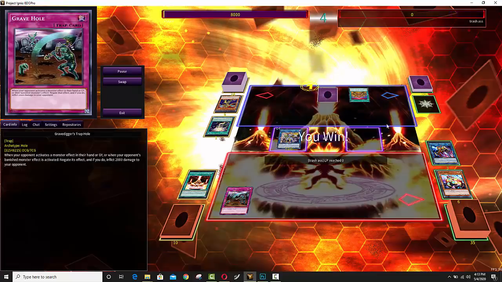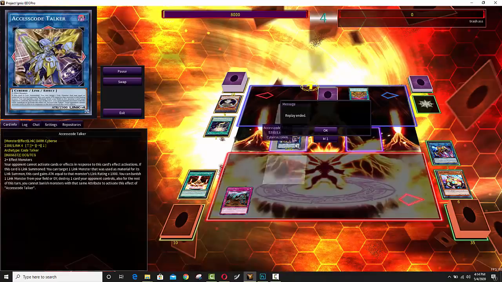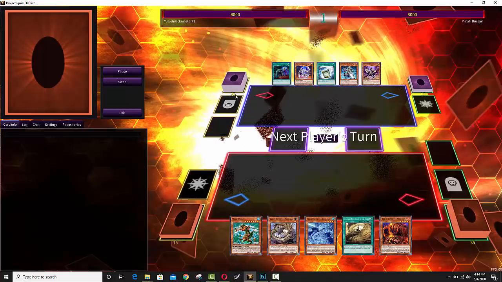The new win condition, guys, in Salamangreat actually involves 0 Salamangreats. It's actually Grave Hole. That's the new win condition. It's Grave Hole and Access Code Talker blowing up your opponent's cards. Who even needs Gazelle? Gazelle's irrelevant. People thought that the deck revolved around Gazelle. Nope. Turns out Burn is actually the new way of Salamangreat. Anyways, our second duel